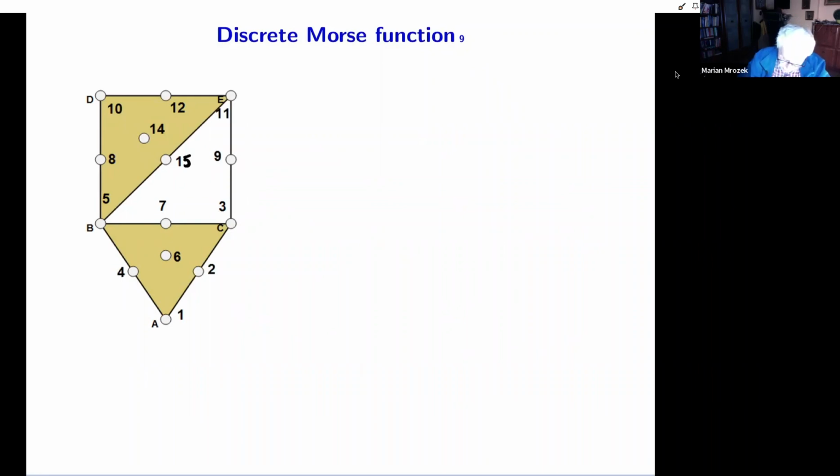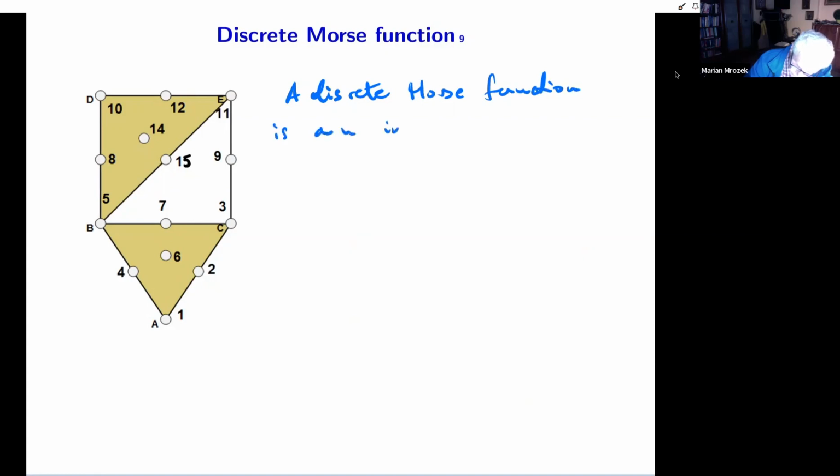So in general, a discrete Morse function is an integer valued function which preserves